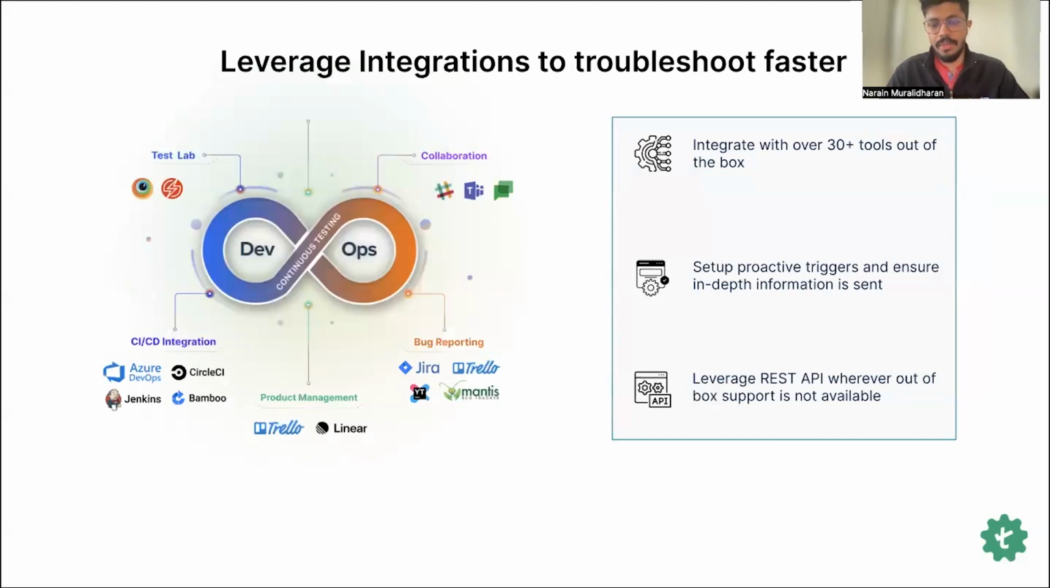And Testsigma integrates with almost 40 or 50 tools that you typically find in any continuous testing journey, right? Starting with collaboration tools like Slack, to bug reporting tools like Jira, Trello, and of course, test labs like BrowserStack, Sauce Labs, and of course, the most important part of any continuous testing setup is your CI/CD integrations, right? So we integrate with Jenkins, Bamboo, Azure DevOps,